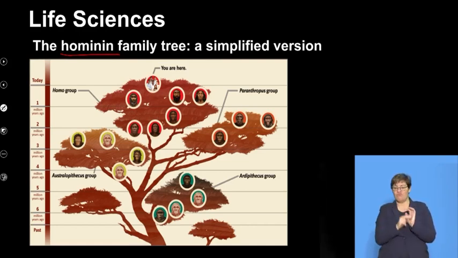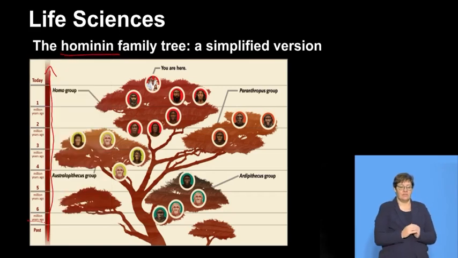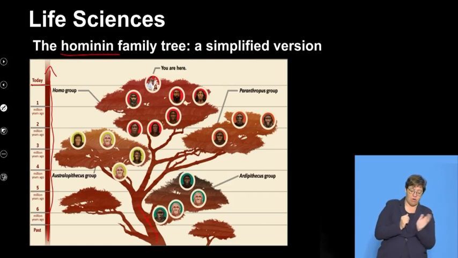So we can see nicely the different branches and the different species that we need to study. On the left-hand side of the diagram, we can see the time scale. We start in the past, going back as far as 6 million years ago, and then it goes up to today. As we said, in a phylogenetic tree, we start at the roots and move up, and each time there's a branching off, that would be a speciation event.